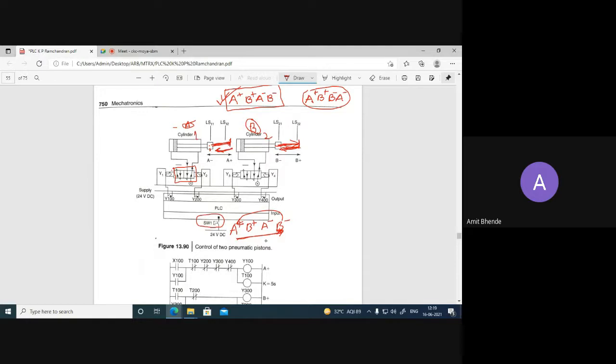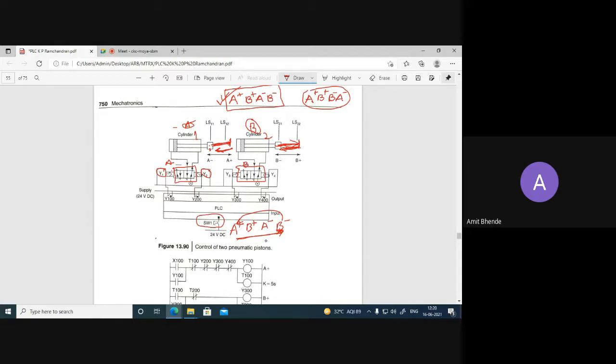There are two direction control valves, one for cylinder A and another for cylinder B. And the actuation of each direction control valve is controlled by two solenoids, one on the left side, another one on the right side. Similarly, two solenoids for cylinder B DCV.